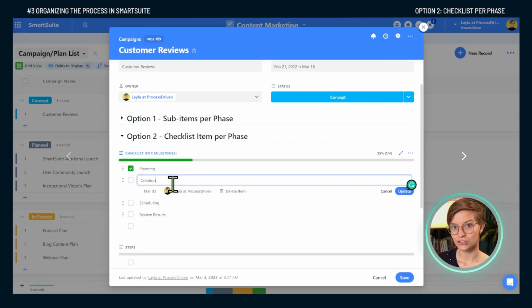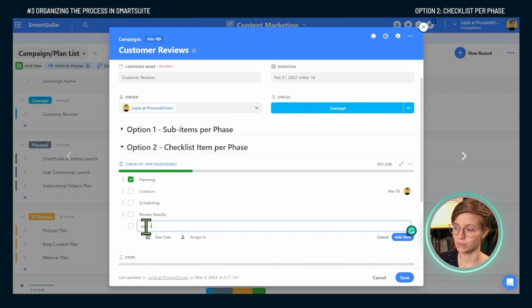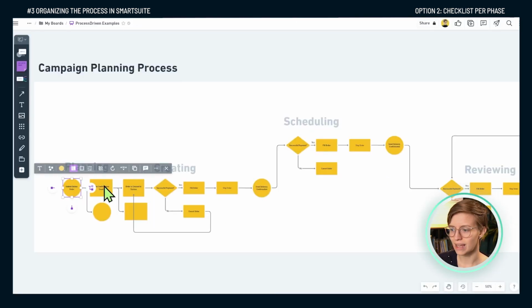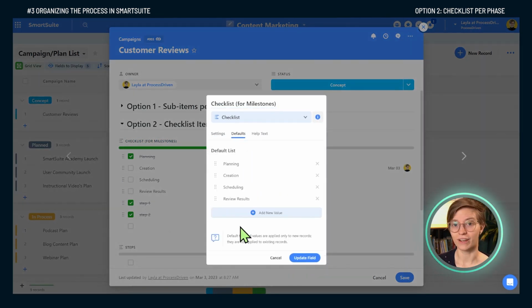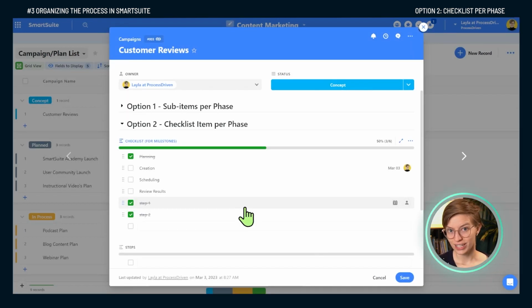The other nice thing about checklists is that you can really break it down as granularly as you want. So if you want to just go phases, you're good. If you want to break the phases down into steps, where it's step 1, step 2, every little piece of that process you have, if you want that to be its own checklist item, you can do it. As well as make all of those finer details a default option for next time or for the next campaign and so on. The only downside when it comes to checklists in SmartSuite is that checklists currently do not have